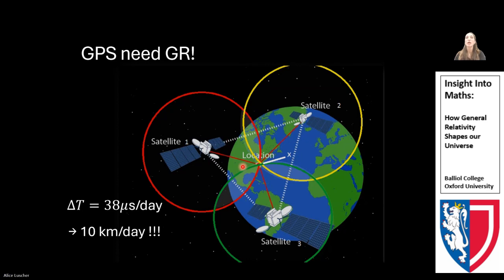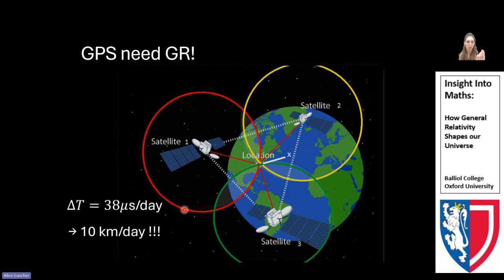Okay, but because the satellites are at a certain distance of the Earth, which is the mass, their clock is running at a different pace. And so they're going to tell me that they got my signal at a certain time, but I need to actually adapt what time their clock is showing with respect to the square root I showed you on the previous slide. And so if I wasn't adapting, their clock would be shifting of 38 microseconds per day compared to mine,